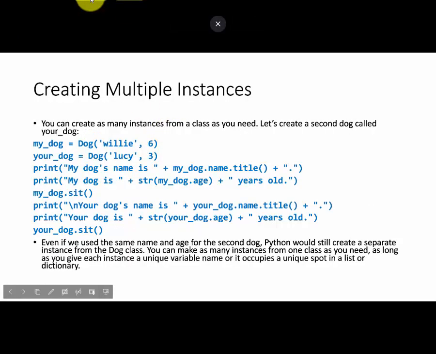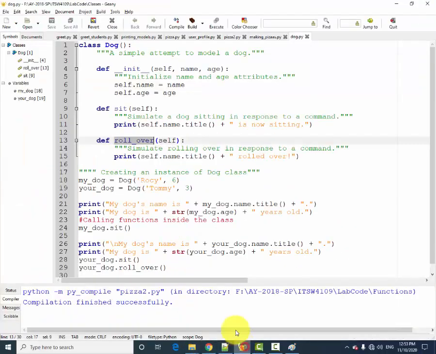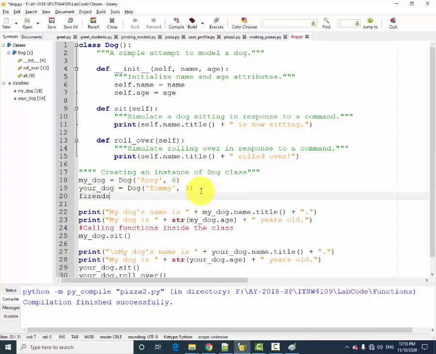Fine, so we move on to create multiple instances, like as I have shown you, my dog, your dog. So these are the multiple instances. So this is one instance, this is another instance. So I think we have that code. This is one instance, this is another instance. So if you want my friend's dog, my friend's dog, my friend's, spelling this. Okay, my friend's dog is equal to